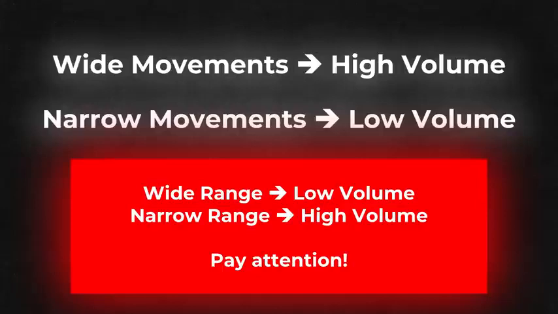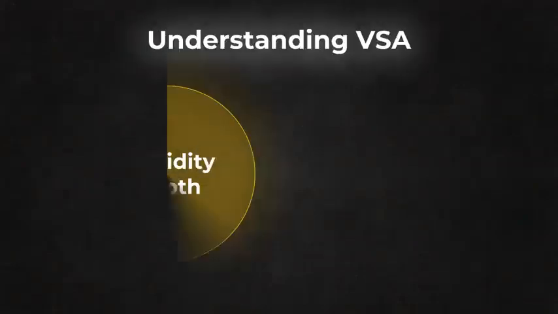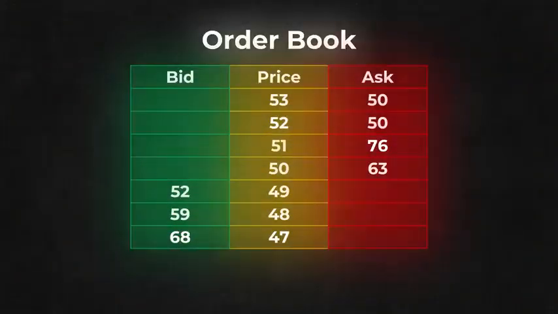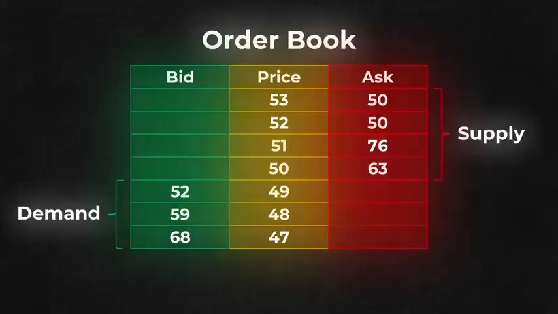The other very important notions we need to truly understand VSA are liquidity depth and supply and demand. In each price level, there is a certain number of buy orders and a certain level of sell orders. It's useful to observe how that works in the order book. The order book has three columns. On the left, we have the bid column, which represents buy orders or demand. In the middle column, we have price, and on the right, we have the ask column, which represents sell orders